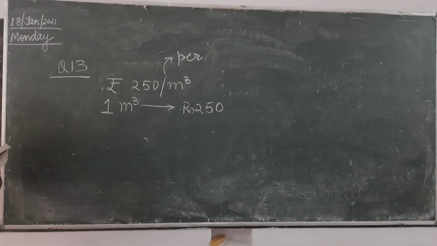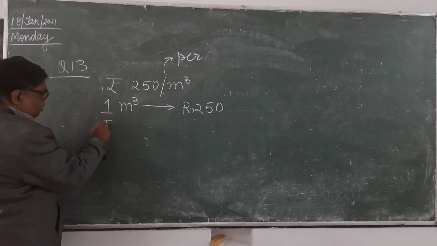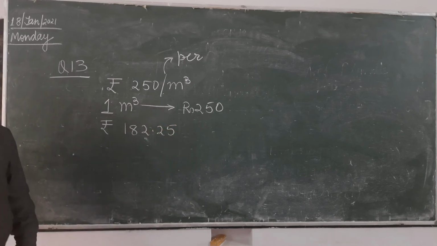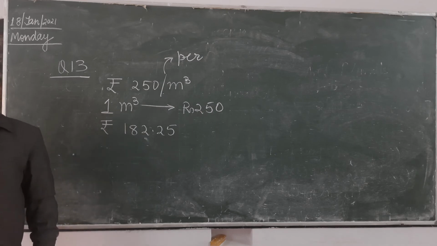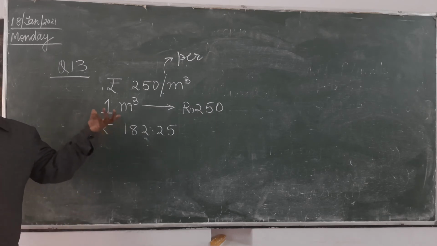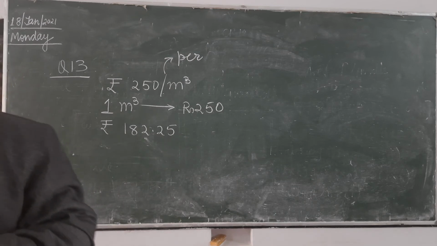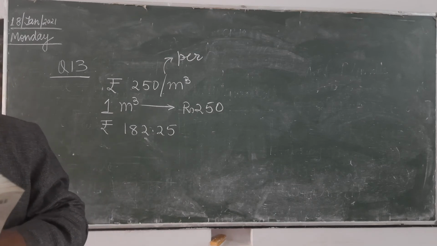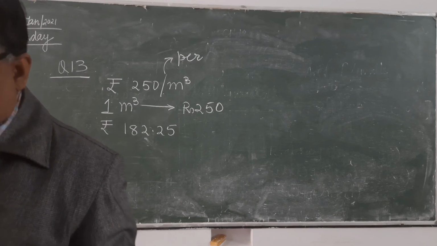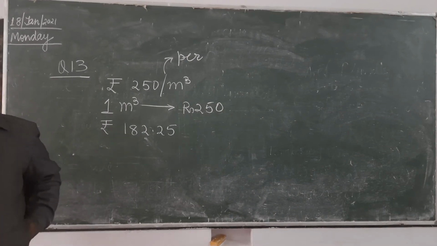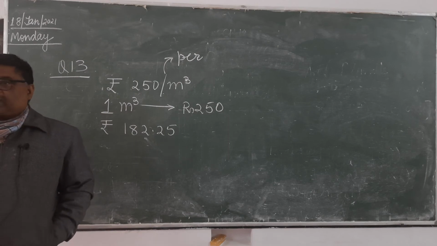A solid cubical block of such wood is bought for rupees 182.25. Means we have purchased a cubical block of it. Is it clear? The block of wood is in cubical shape, meaning length, breadth and height, all the 3 are equal. Use the method of calculating the volume of the block and use the method of factors to find the length of one edge of the cube. One edge of the cube means you have to find one side of the cube. First you have to find volume and then you have to find side.